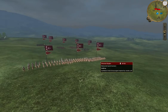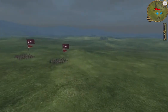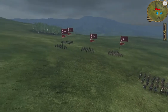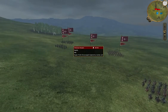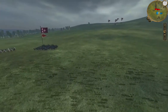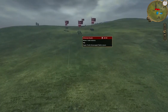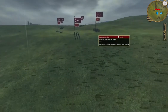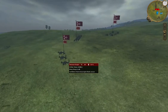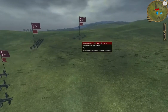On the Ottoman side we have the Shaternal Camel Gunners, a line of them over here. We got Delhi Horsemen, Mamelukes, General's Bodyguard, Sipahis, Delhi Horsemen, Nizam 1 credit infantry, Janissary hand mortar Baluk, 4 pounder artillery, I can pronounce that, Nizami credit infantry, and 24